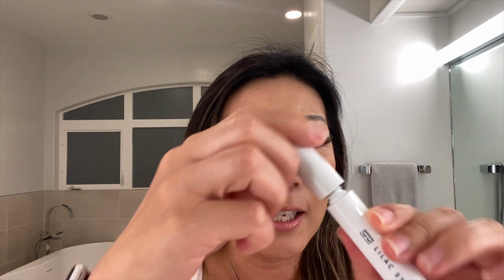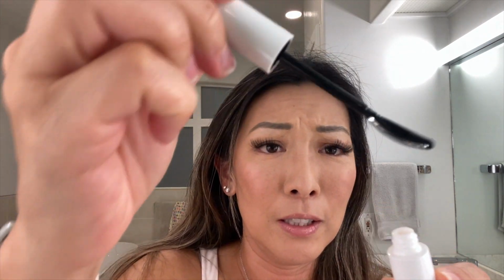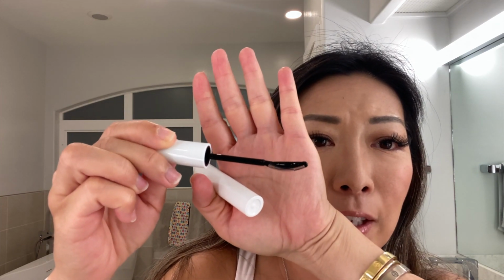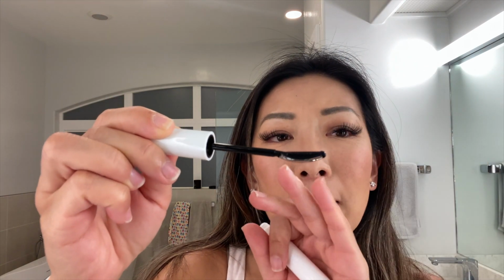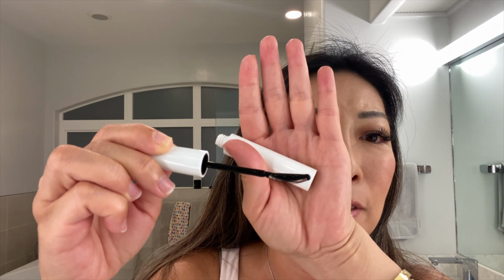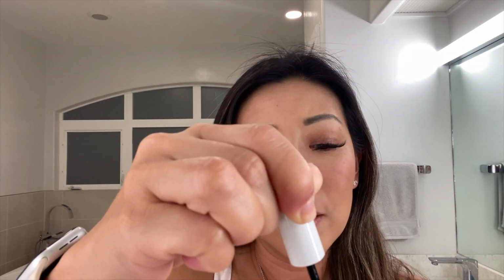So I'm gonna do this on one eye just to demonstrate. And I believe in the instructions it says, well, first I'll show you the one. It's a little different. One side has bristles, like mascara wand bristles, and the other side is kind of flat. It has little ridges, but it's mostly flat. Can you see that? It's hard to see the little bristles, but so you just dip it in,